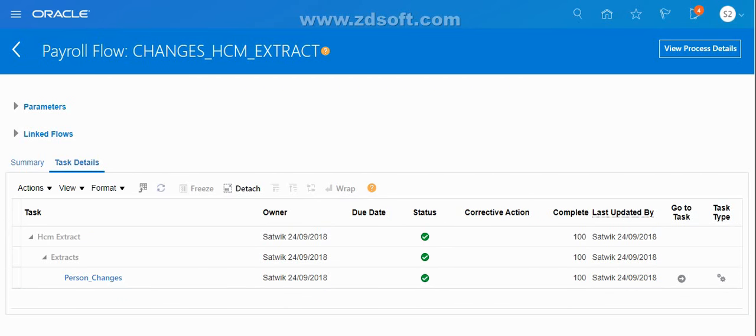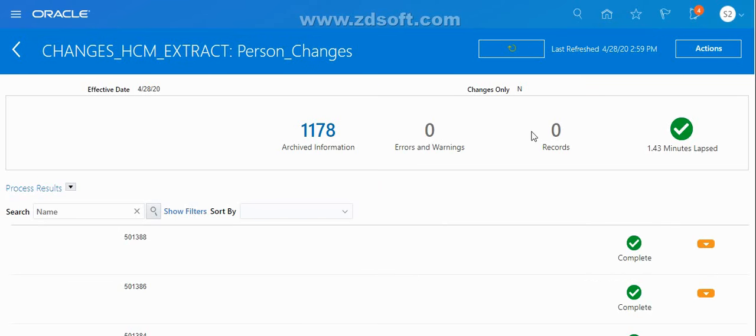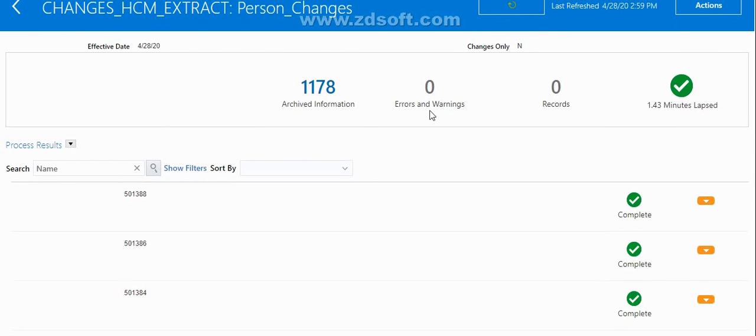My HCM extract goes to success status. Let me click on view process results. If you click on view process results, the results page will appear. That's the place where you can see the results of this HCM extract. See here, there are no errors and warning messages.